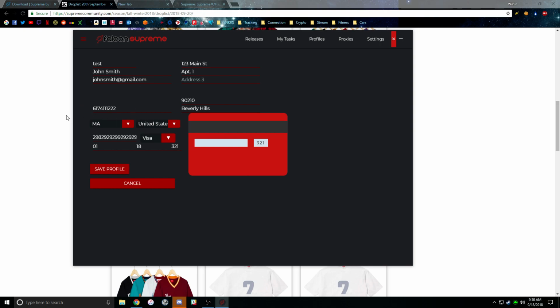And then this will basically set up so that you run that card, and then the items will get delivered to your address. You want to make sure that the address you set up here is the billing address for the card, as Supreme only ships to the billing address. You can't ship to a separate shipping address. And yeah, so basically now that we're here, let's get into how to cop multiple of the same items on